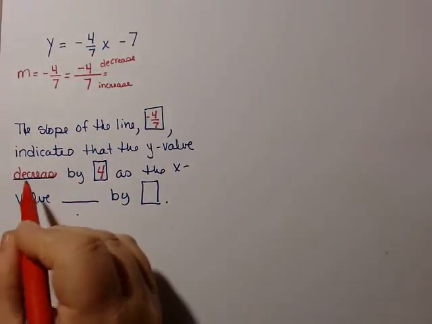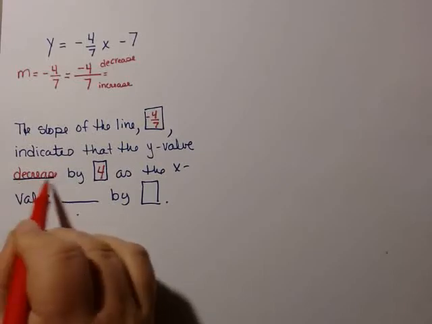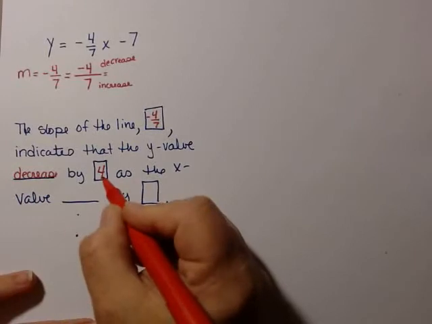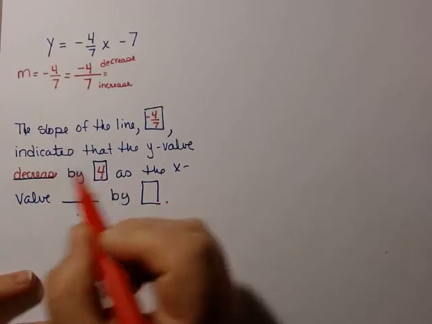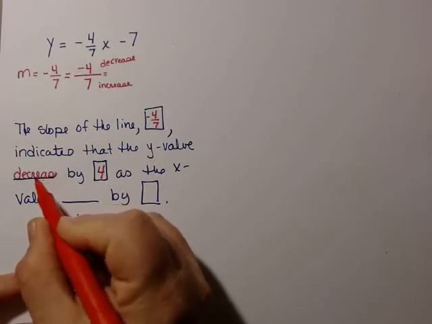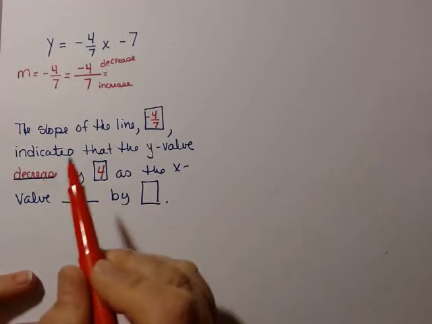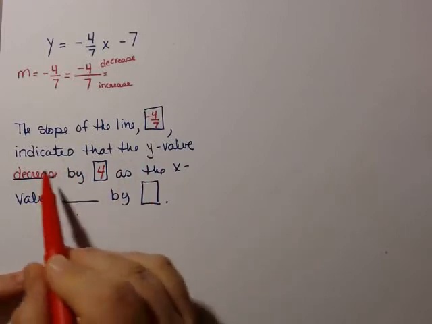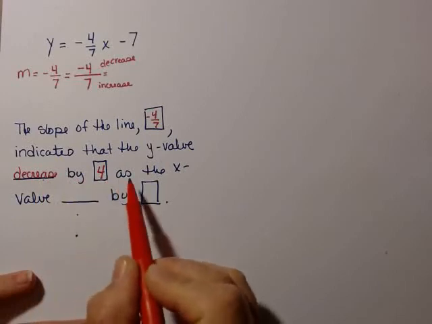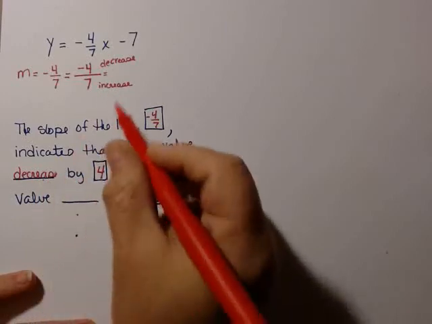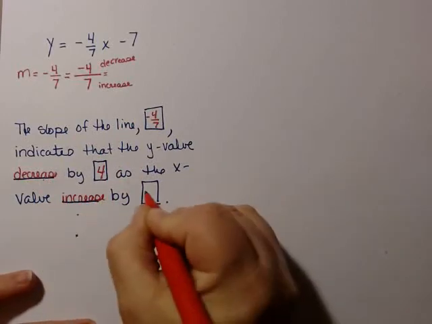But because it used the word decrease, that is telling us that this 4 is negative. So just put the number there. This tells me whether it's negative or positive. If we said increase, then I would know it was positive. So this is going to indicate that the y value decreases by 4 as the x value increases by